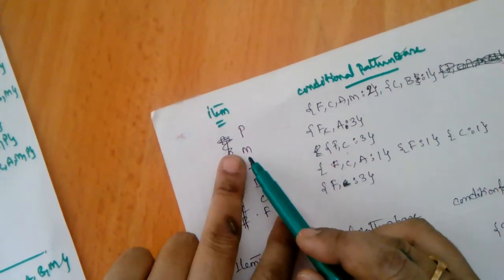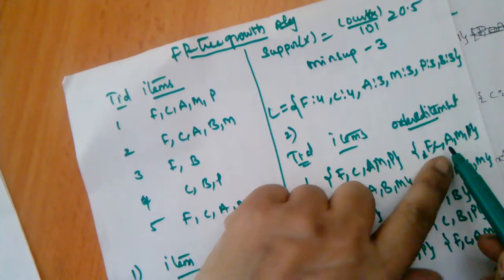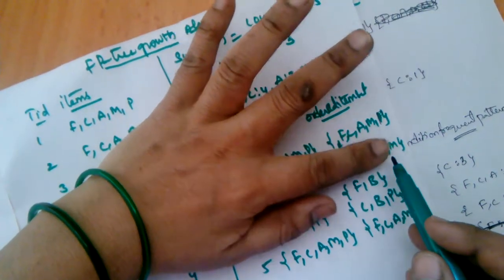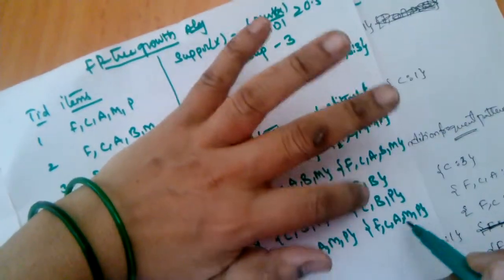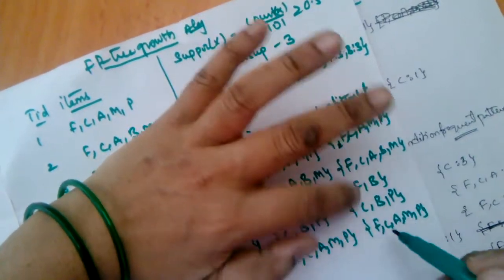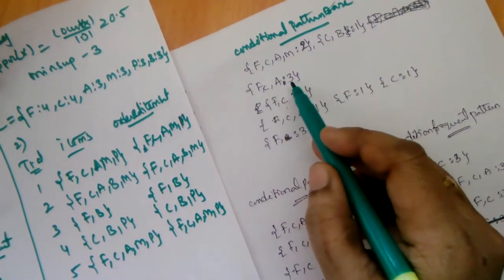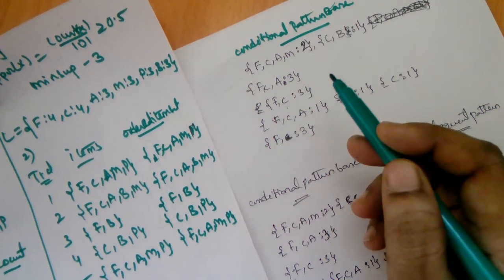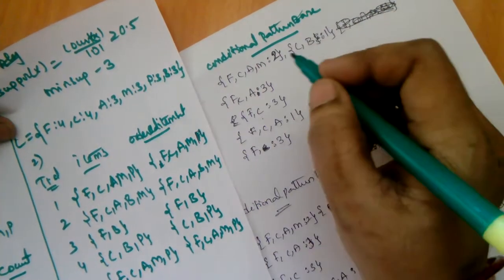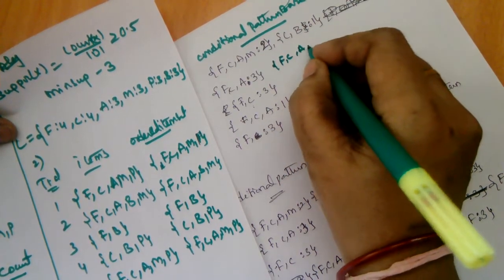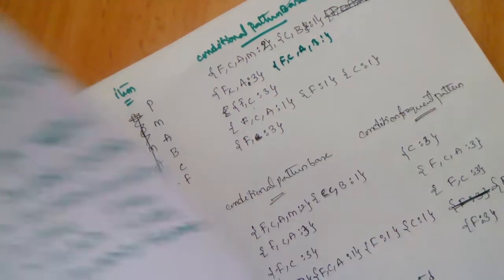Okay, now next is M. To visit M, we have to traverse FCA 1. Okay, next FCAB 2, FCA 1. So FCA 2 times we are moving. Okay, so I am taking FCA 2 and here FCAB 1. Okay, next is A.